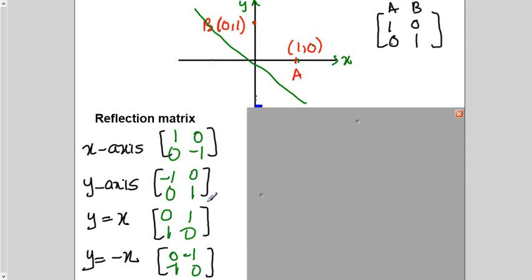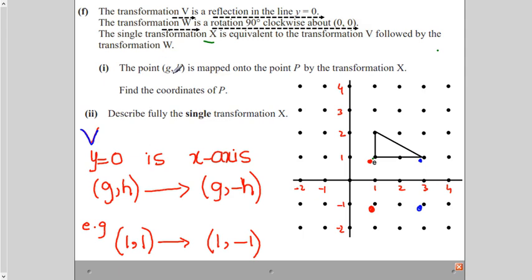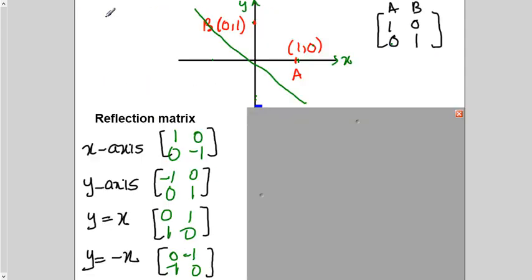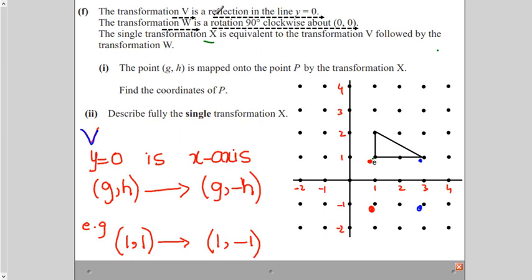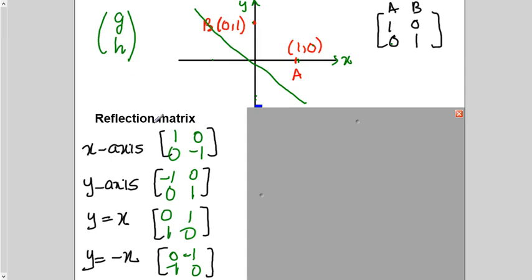So this is how you figure out the matrix, because you need to multiply it by the point. You know what is my point here? GH. If I write it in the column vector form, I will write it like this, right? This is the column vector form of the point. So if I multiply this point by this, why? Because the question is saying reflection in the line y equals to 0. So if I multiply this point by this matrix, I will know the points of the image.